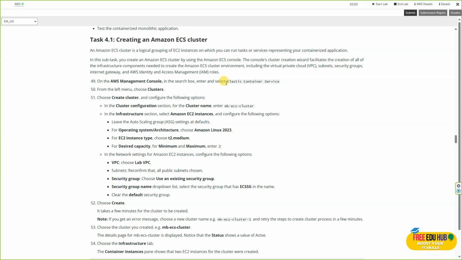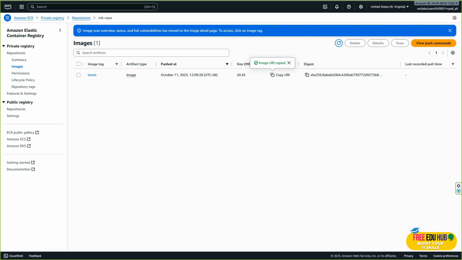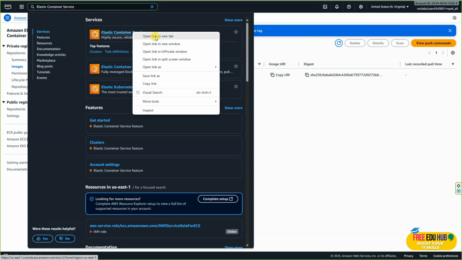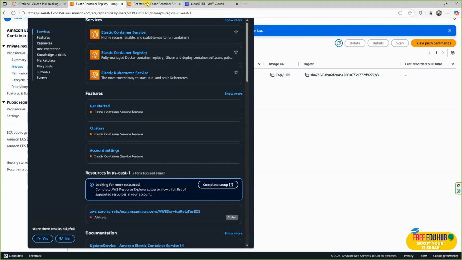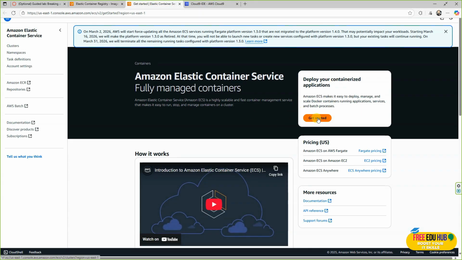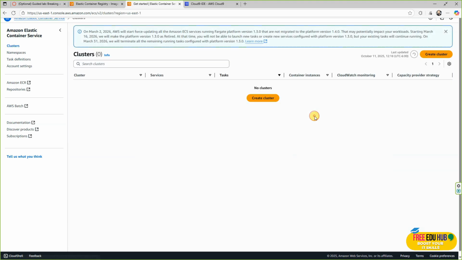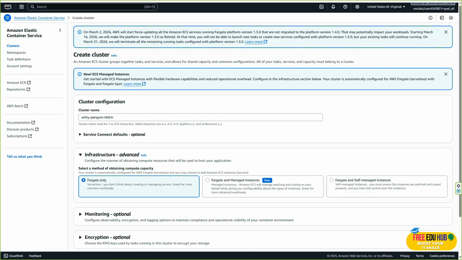The things which are important in this one is that you can copy these things, the names, etc., that we'll have to paste on our Amazon console for the clusters and etc. So I'll note it down on a notepad file and we'll start working on the exercise. So as they are saying to search for Elastic Container Services, again we'll go to our search and we'll select this one, and I'll again open it in a new tab. So it would open here, and we'll deploy a containerized. So we'll click get started, create a cluster,